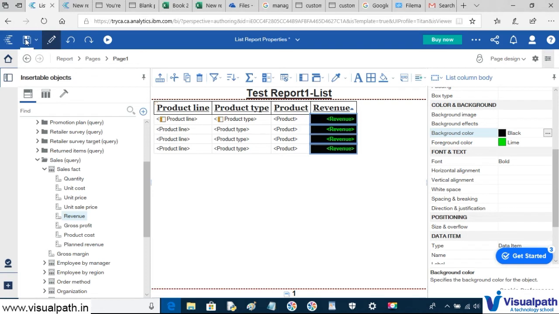Now click on save. By this exercise I just want to tell you that we can format the report according to our requirement, just like we do the formatting in Word or in Excel. We can apply similar types of formatting in list report also, or in Cognos also. Okay, so now click on this run in HTML.